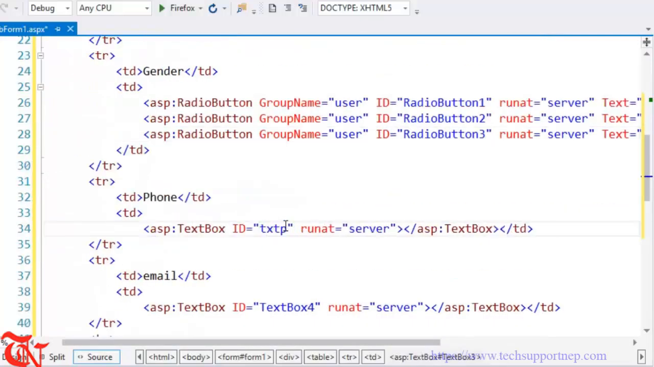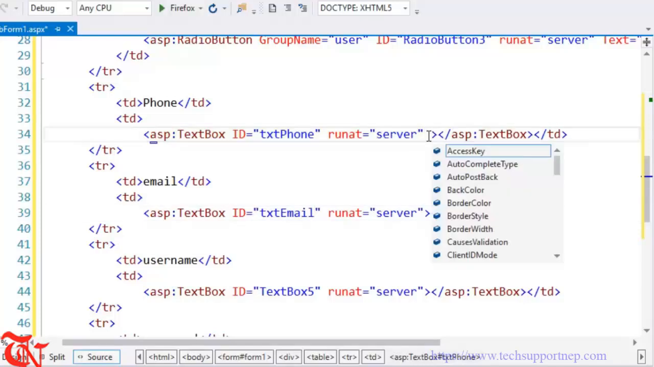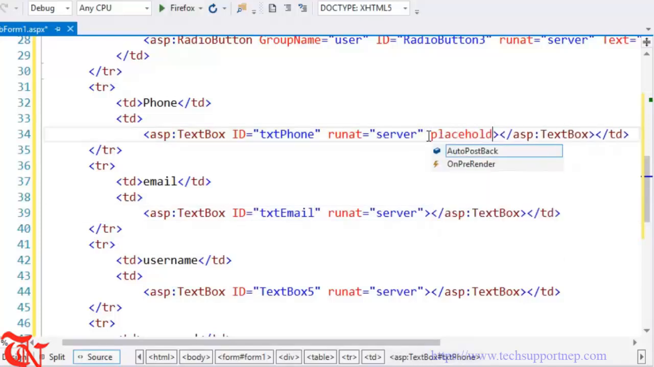Now here goes txt phone, txt email. Here also you can provide the placeholder is equal to plus 977 dash 123 dash 012 dash 345 dash 6789,